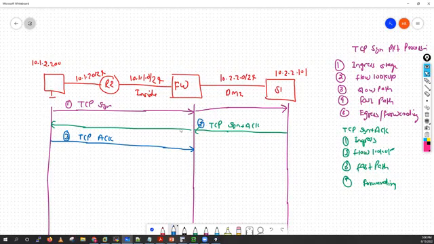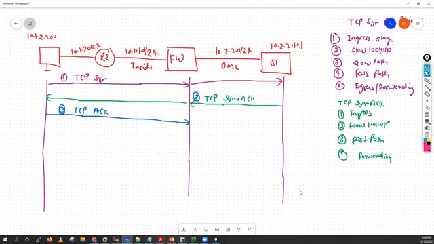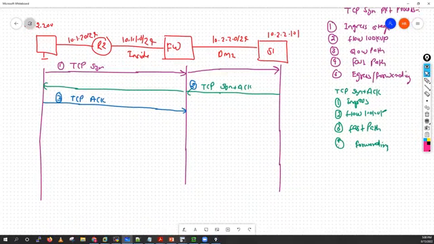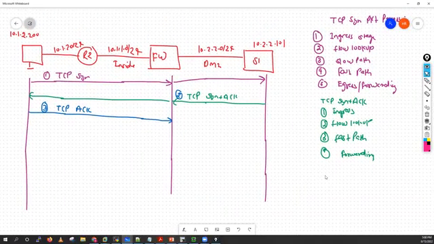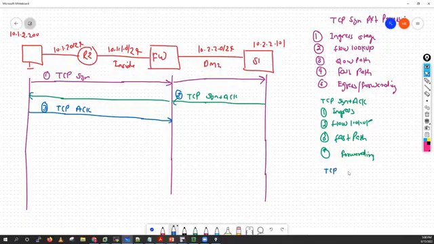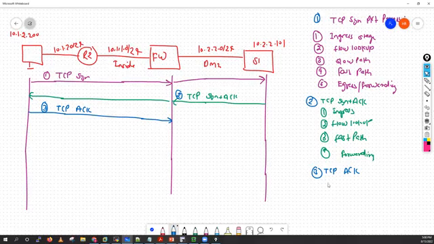When my firewall receives the ACK packet, it will start processing it. How will it process this ACK packet? Let me write down the TCP ACK processing as well. So this is the first packet, this is your second, this is your third, and the third packet is